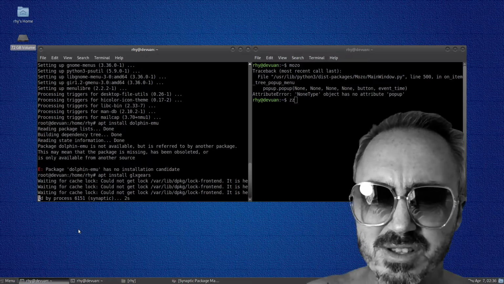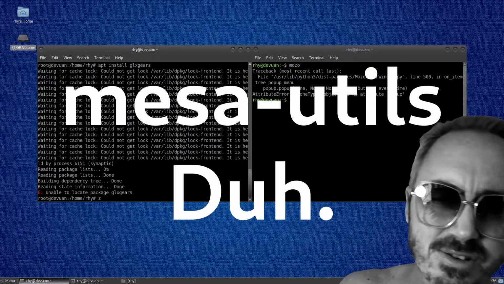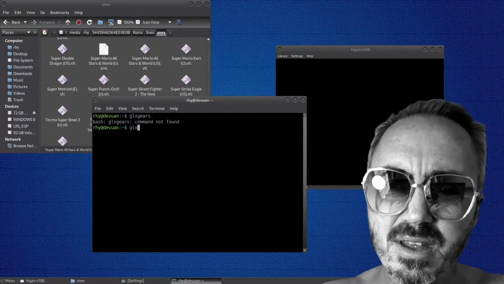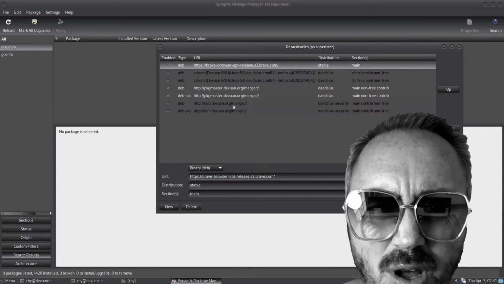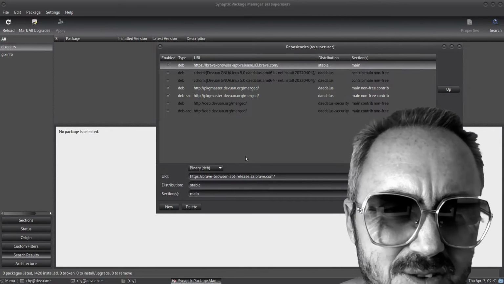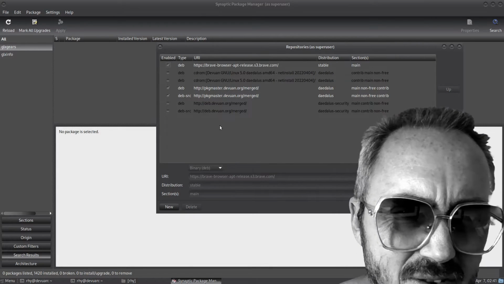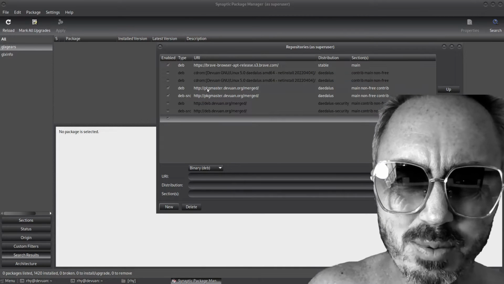Oh, but I got to go close Synaptic. And it says unable to locate package GLX gears. So let's go ahead and try and see if I can get GLX info. So here are the repositories that are installed by default here. Well, and also, of course, my Brave browser install. So I'm going to see if I can add another repository to this list here. I'm just going to go ahead and replicate this one up here that says